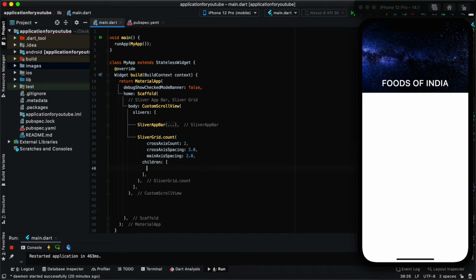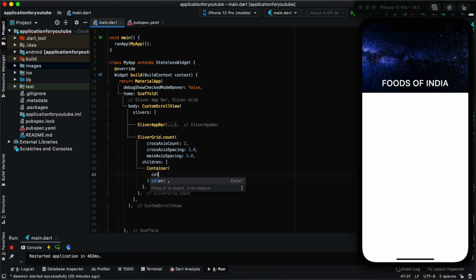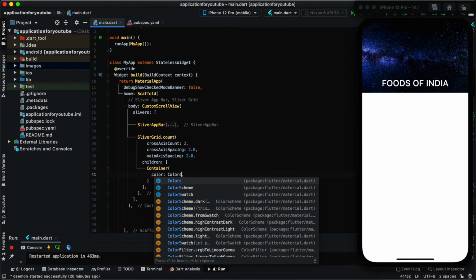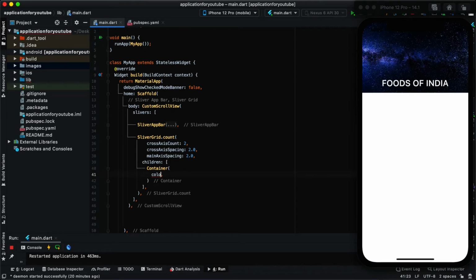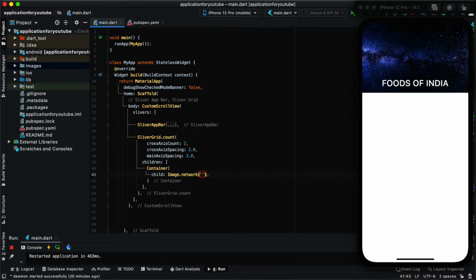Then I'll be having certain children, so I'll provide this children, and I'll choose different containers for it. So I have one container, and we don't need color. I'll just provide the image directly. So this is my child. I'll just write Image.network, and then I'll be providing the image link.